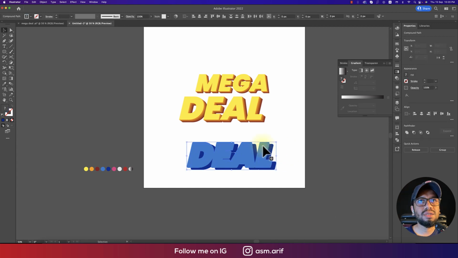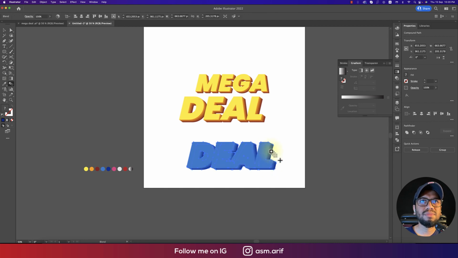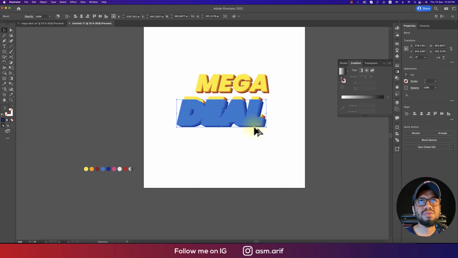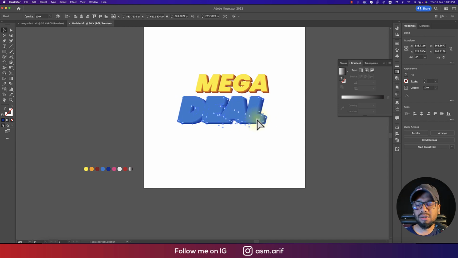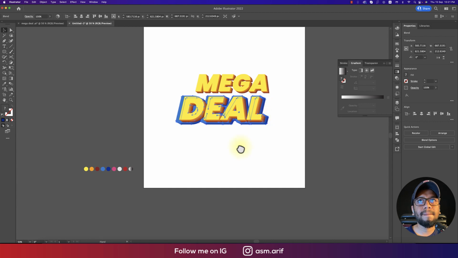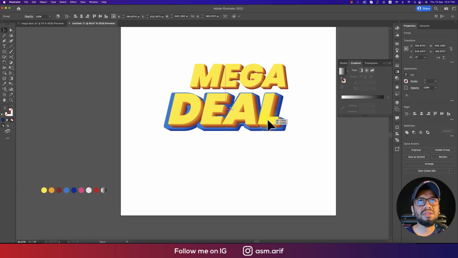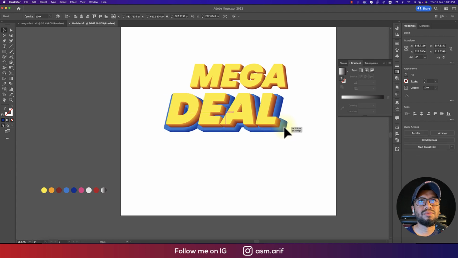Okay, that's good. Selecting 2 layers and going to the Blend tool, same steps. That's good. And now I'll make this one into the downside of the layer. Okay, that's good. You can make it a little bit bigger. Okay, and this one like this. I have to make this one